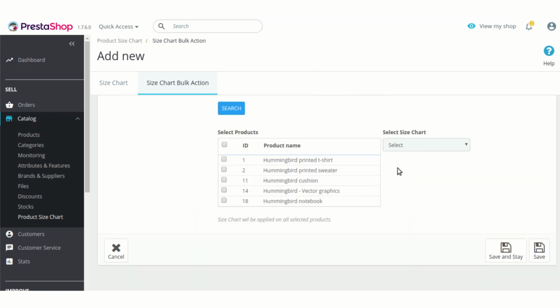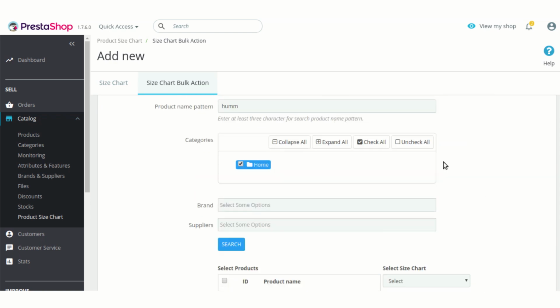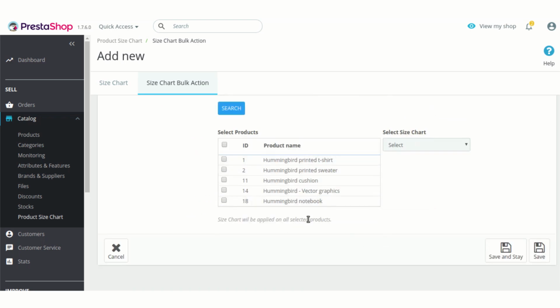Then look, we got the following results on searching through the whole home category with this name pattern. There are multiple products with this, like this printed t-shirt, printed sweater. Let's suppose that these two both run on a single size chart as we already created, and you can select whichever size chart you want to apply on this product.